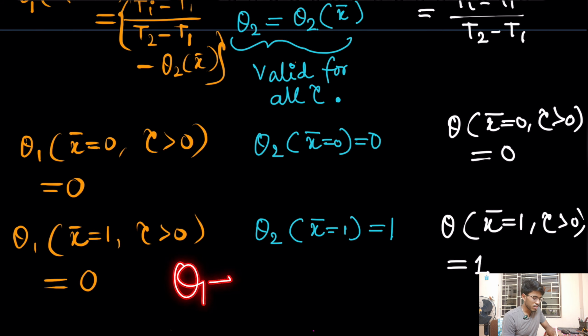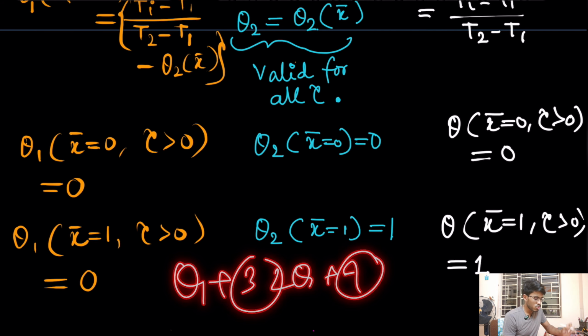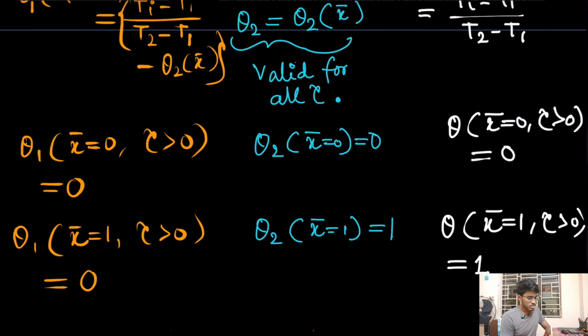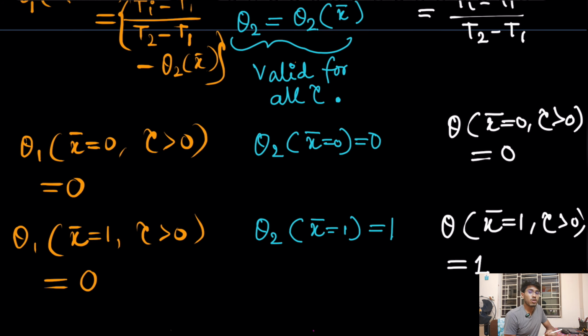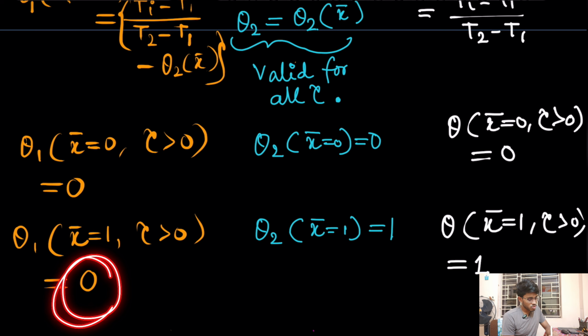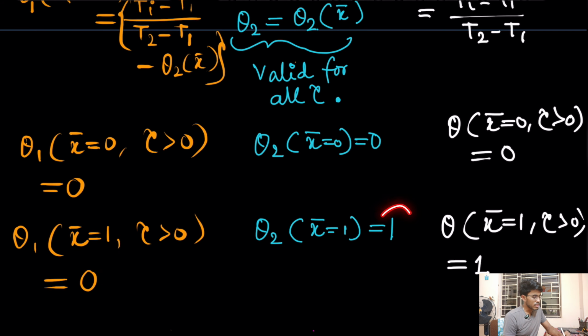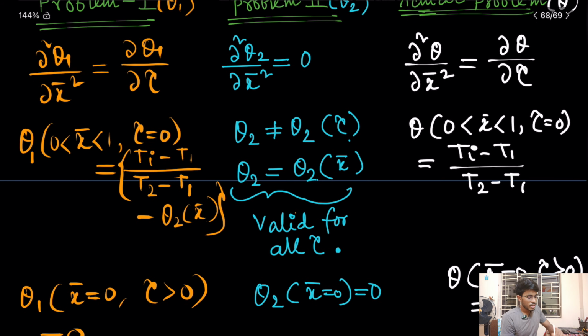For example, theta 1 plus 3, 2 theta 1 plus 4, this 3 or 4 should not be there. So you put here 0 for the sake of simplicity of the problem. You put here 0, then you must put here 1. Then you got this